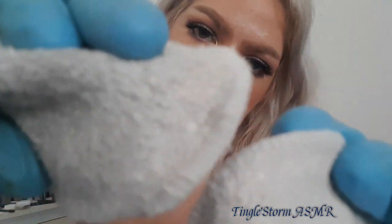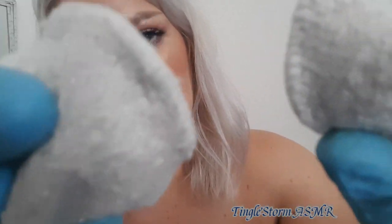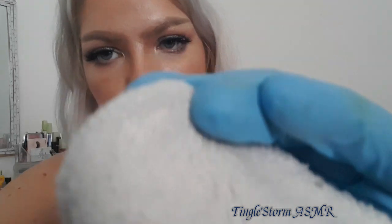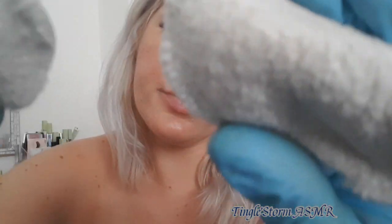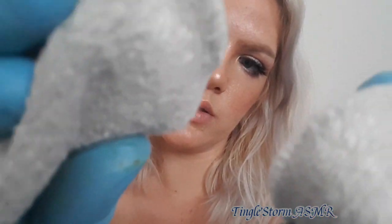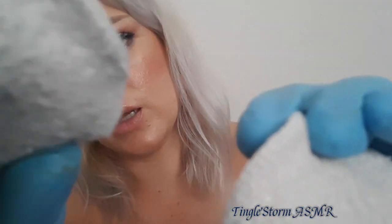These pads that I'm using have a little bit of a texture, so they do act as micro exfoliant for your skin. And I hope you're gonna love the sensation. Yes, it's very beautiful, right? I always love to apply these pads on patients because they make a lovely massage, they stimulate the blood flow, and they also give me an idea of how sensitive their skin is,